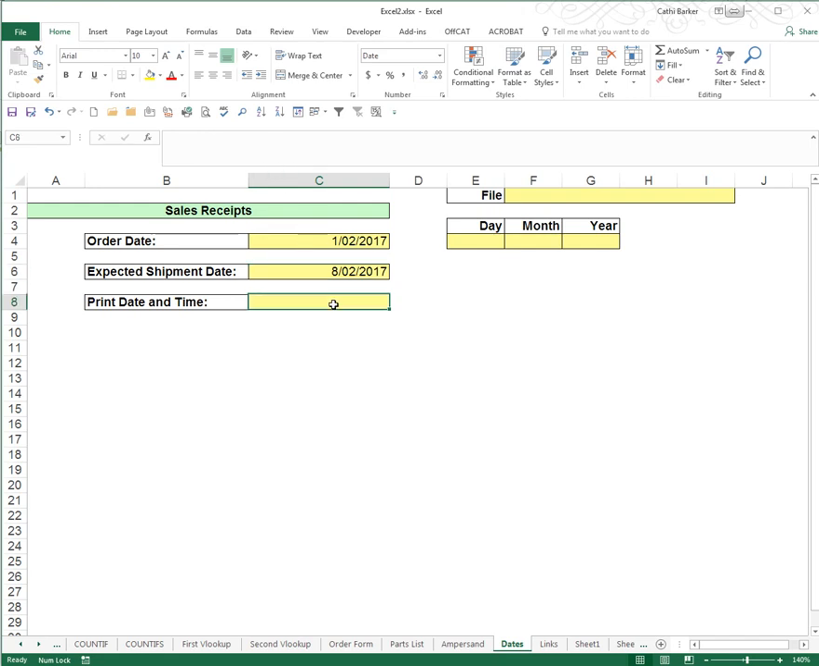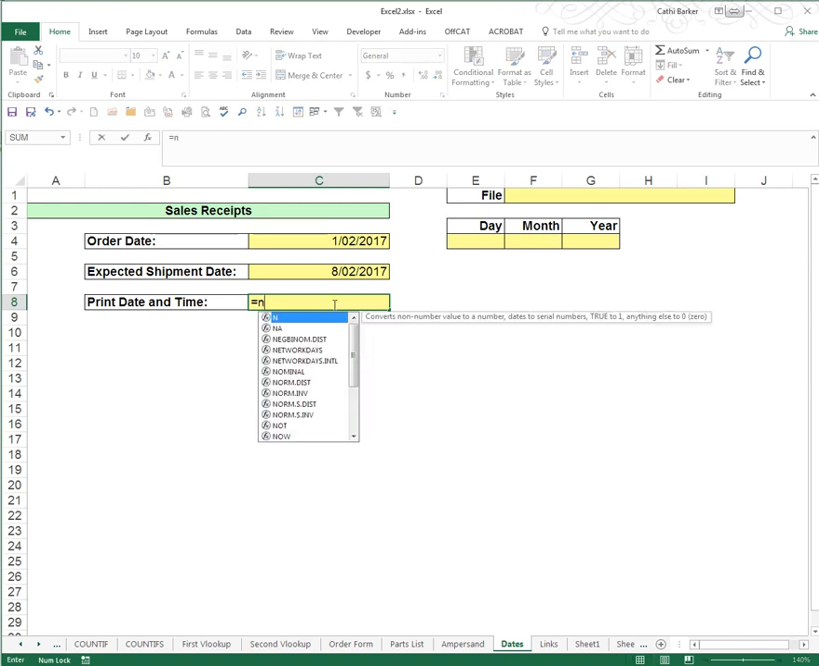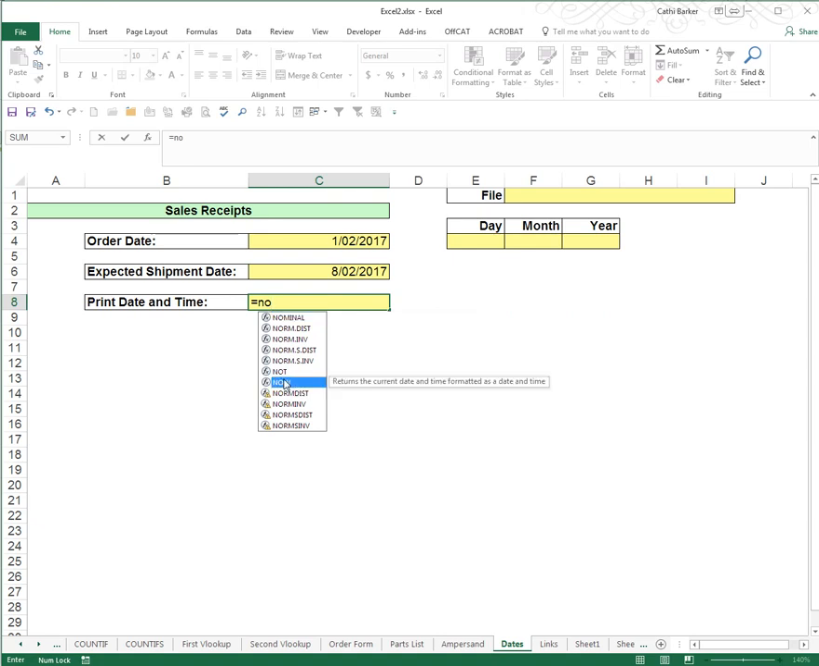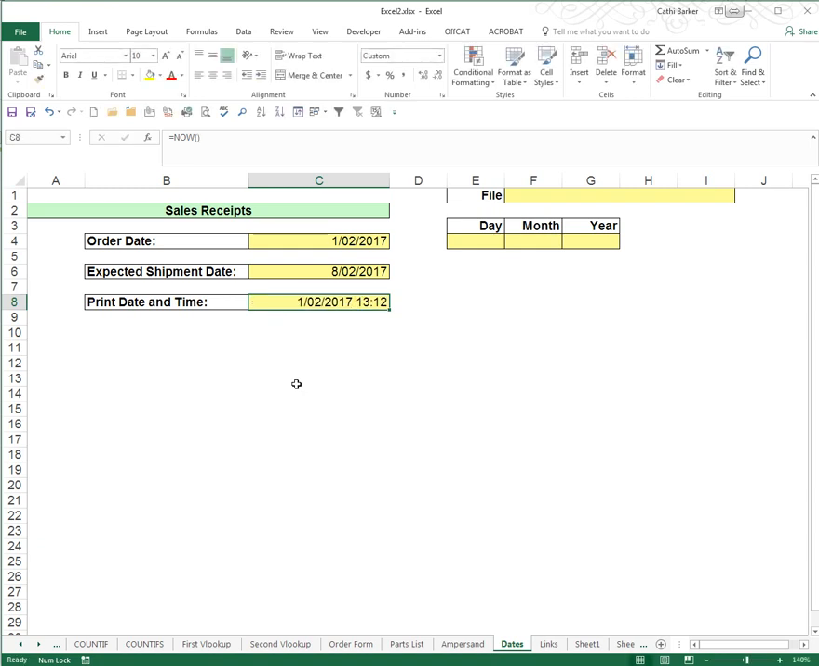If though I wish to see the date and time, then that's a separate function in C8 called Now, equals NO. And when I click on Now, this returns the date and time. So I'll double click Now and press enter. And so that's the date and time. You can always format that cell to look any way that you want, but it will always show you the